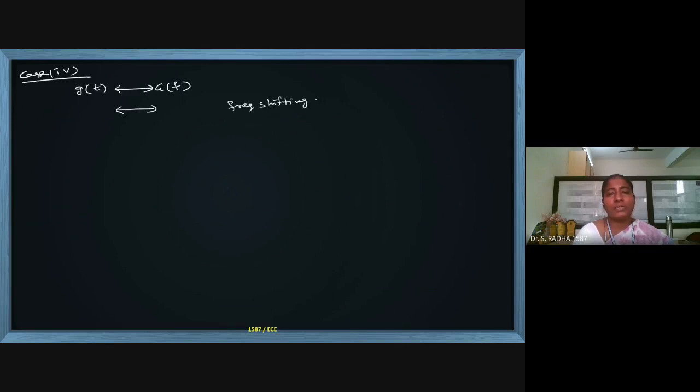In the frequency domain, we have to make shifting, which means G of f minus fc. If we take time domain, there will be e power j 2 pi fc into t. And if I put frequency domain G of f plus fc, this is also another frequency shifting property. Plus fc, minus fc is the difference. And in time domain, it is G of t e power minus j 2 pi fc into t.